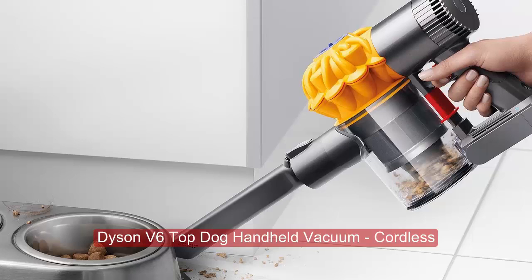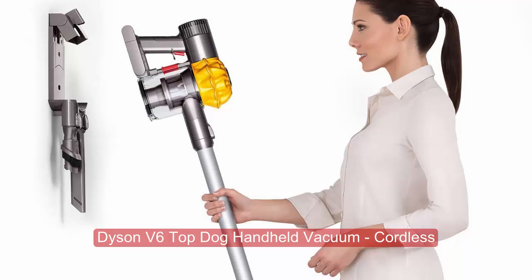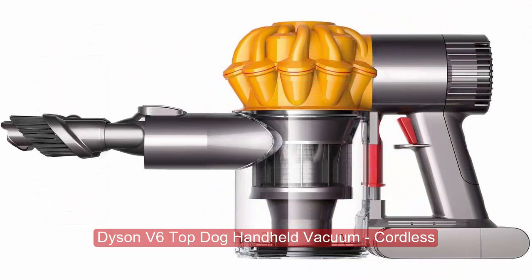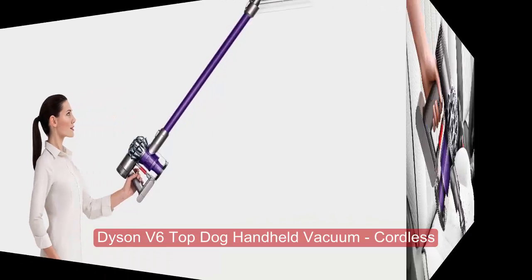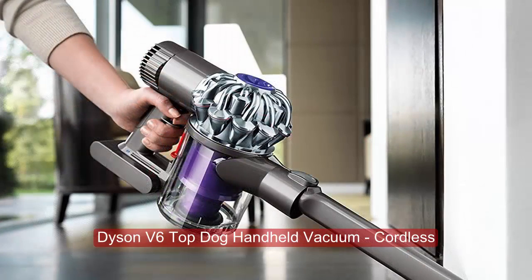The Dyson V6 Top Dog Handheld combines powerful, cord-free suction with a range of interchangeable tools, designed to remove all types of debris including pet hair from every space and surface in your home. Lightweight at less than 4 pounds, the V6 Top Dog is easy to handle with the center of gravity located towards the grip. No cord means quick, hassle-free cleaning wherever your pet chooses to roam, without being tethered to the